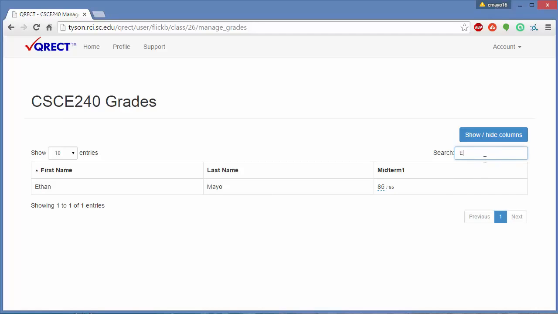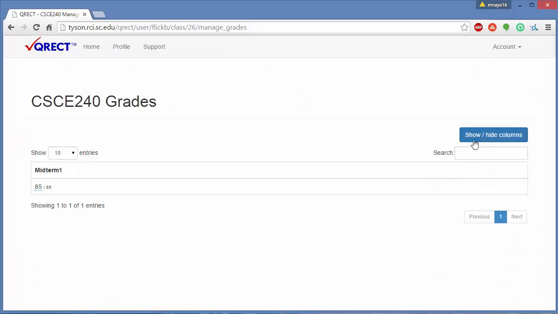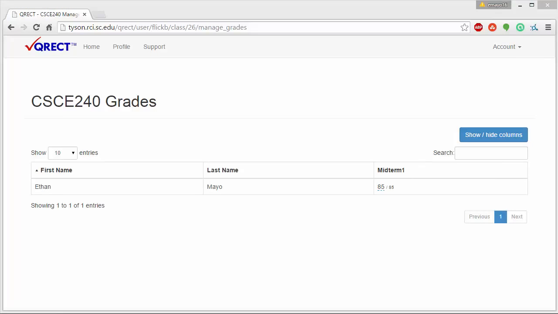And of course you can filter, I can get rid of all the entries by typing in something that's not listed on here. And I can also only show grades if I want to, or only show the names, or whatever. So it's really cool. And that is the last thing I wanted to show you,